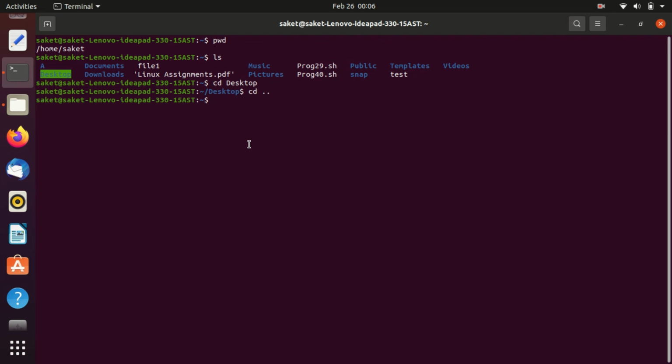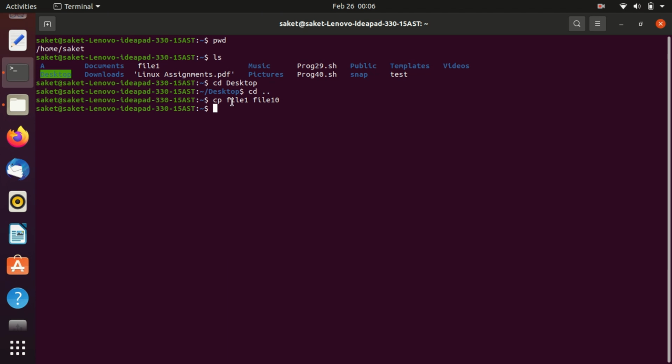So to copy one file into another file, there is a command called cp. I will write cp, then my file name, that is file1, and then the destination file name to which you want your content to be copied. If I want my content to be copied into file 10, I will write cp, then file1, then file 10. It means that I want to copy the content of file 1. cp means copy, and I want to copy the content of file 1 into file 10.